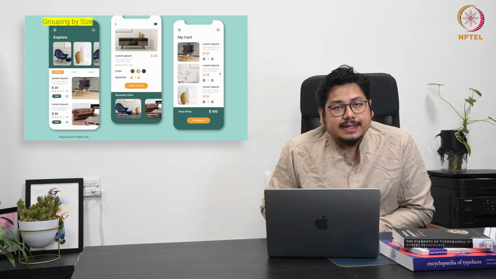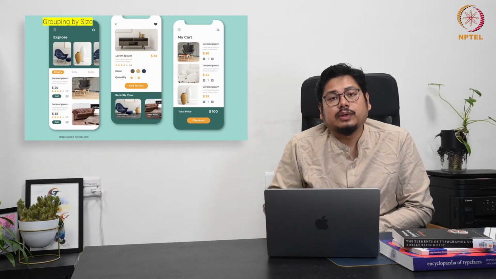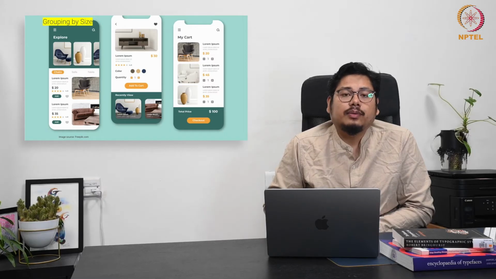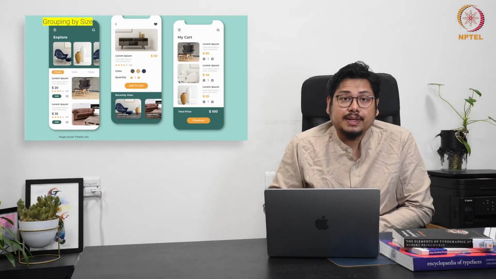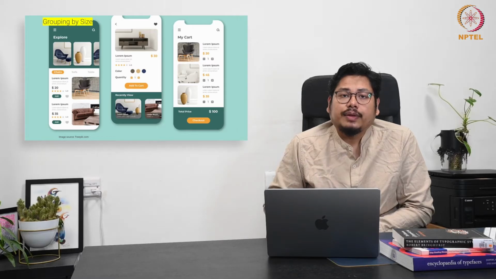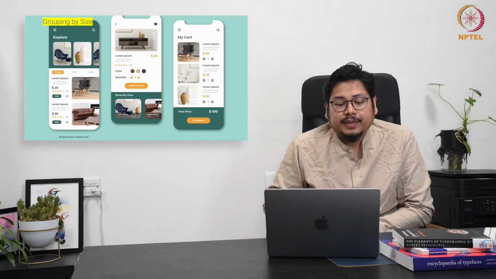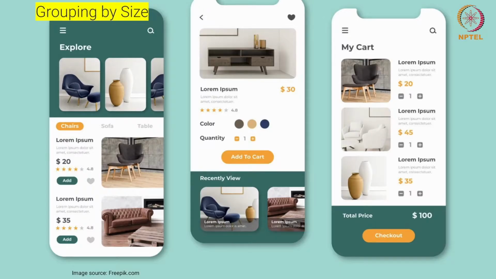So grouping by size in terms of UI plays a very important role. Nowadays, most of the domains, especially the digital platforms, are basically app based. And somewhere or other, the idea of similarity always helps to navigate users and to go through the overall information in a more harmonious way. So here, this is a mock-up. I think we have also discussed mock-ups in a different context in principles of design.